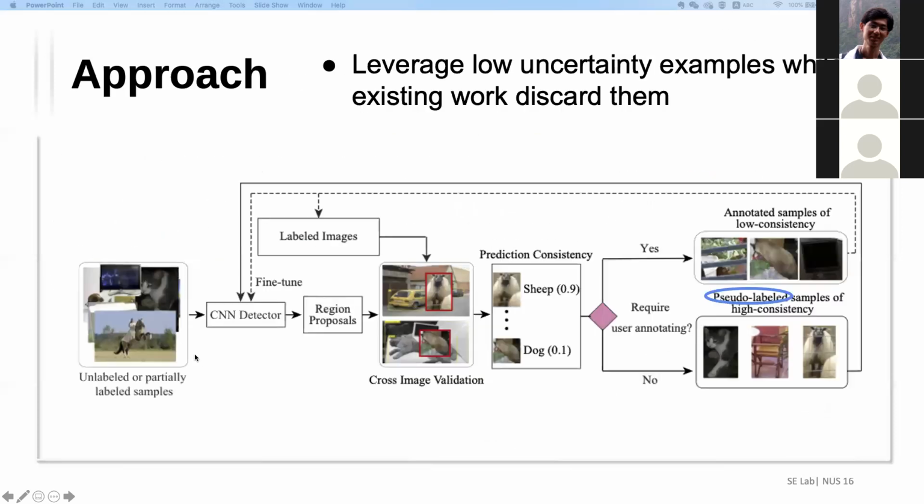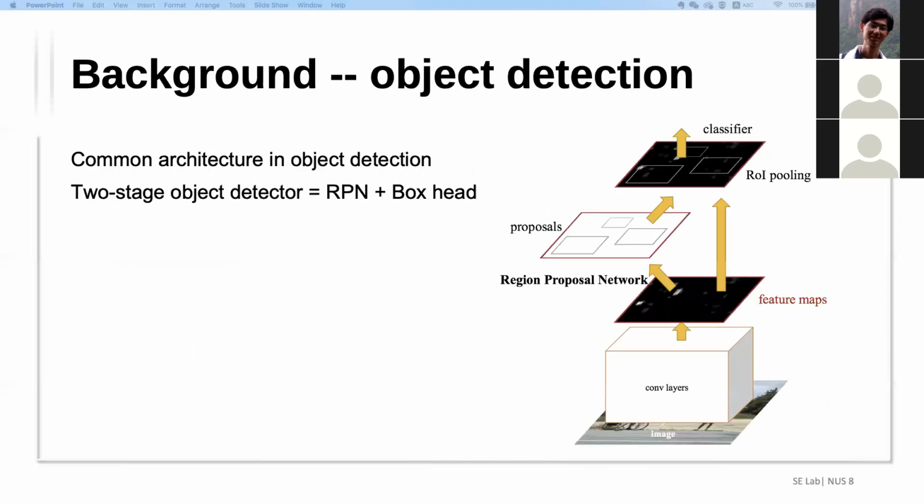The box head is not the RPN. Like I said, there are 2 stages in the object detector. So it's possible to just feed an image into the region proposal network, then get a prediction, but it's also possible to feed an image with its proposals into the box head to get its prediction. It's like we're only using the second stage of the detector, because we already got the proposals, right? So that means we are just using this one and this one. Yeah.